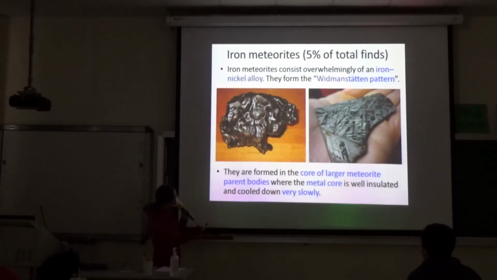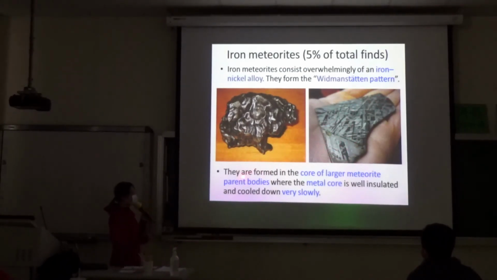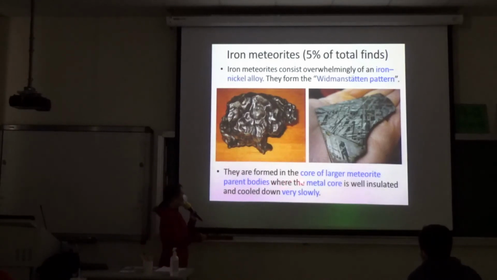This in German is called the Widmanstätten pattern. And this pattern is formed when this metal is allowed to cool down very slowly. So they are formed in the core of larger meteorite parent bodies, where the metal core is well insulated and